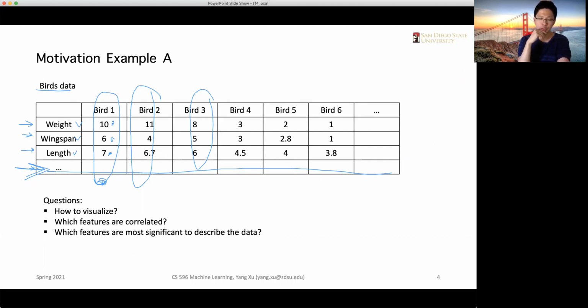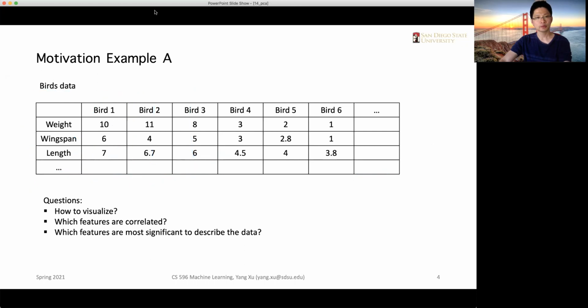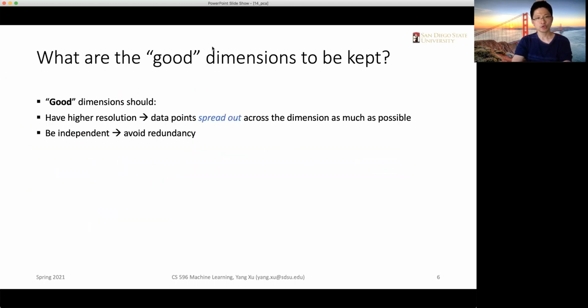Okay, so we need to keep in mind that the features we get in the raw data sets are not necessarily the best ones to describe the data sets. There could be more meaningful ways to construct some new features out of the existing ones. Okay, and that is also a common outcome that PCA can help achieve. So now, speaking of how many dimensions we need